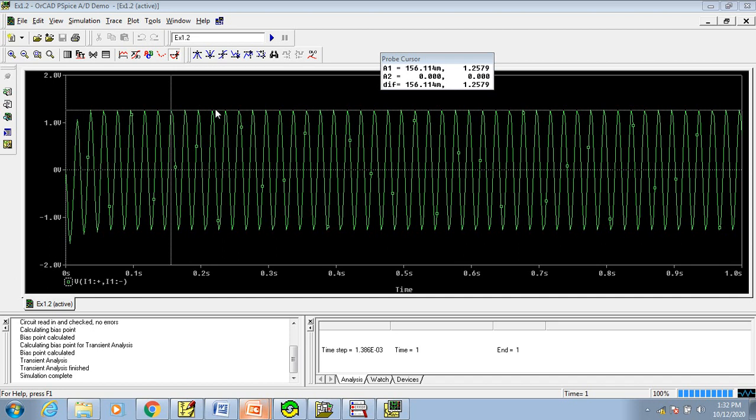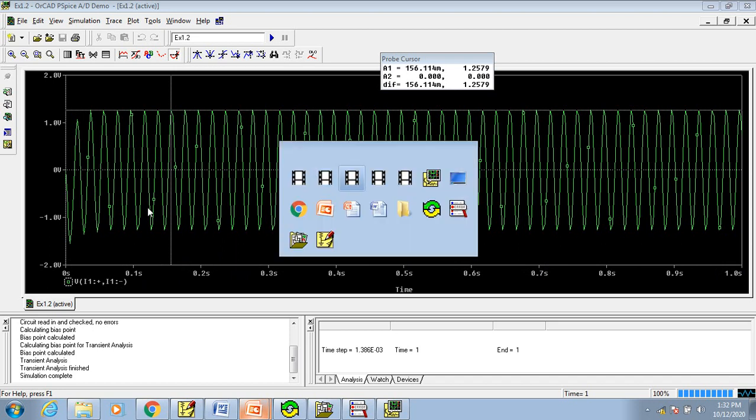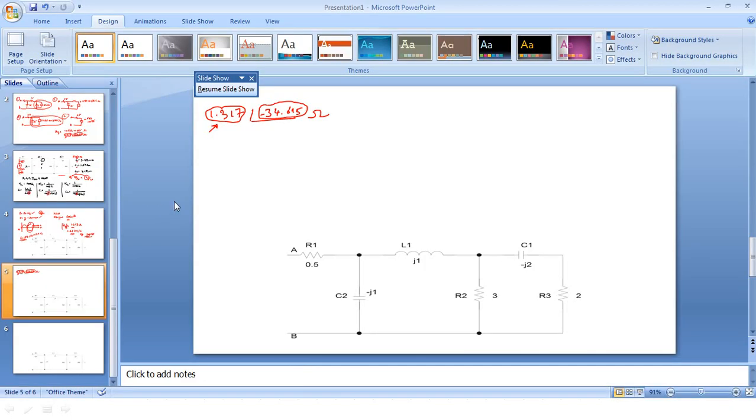You should find your angle wherever you have steady state, that is from 156.114 milli to 1 second. Wherever you want, you can find your theta, that is in your steady state region, not where you have some disturbances. Then how do you select theta? So let's go back to the slide and see how you can select your theta.